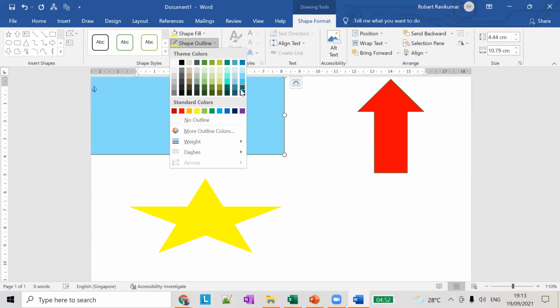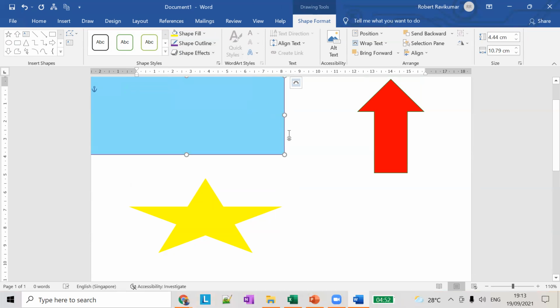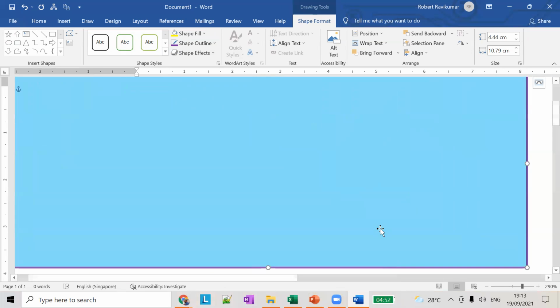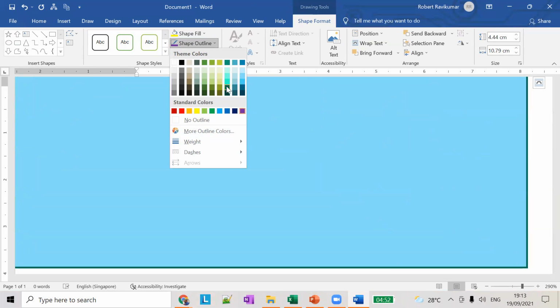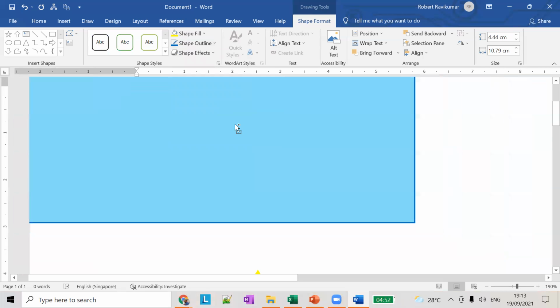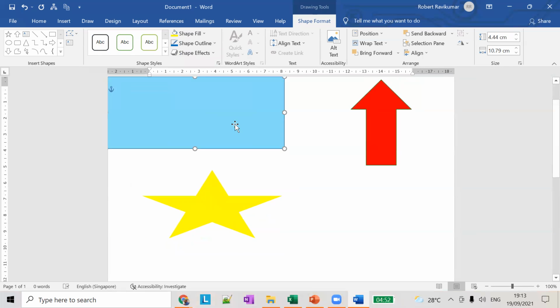If you want purple, I can change it to purple, and you can see the outline change. There are different colors available. I change it to blue. So this is how you change the outline color of a particular shape.